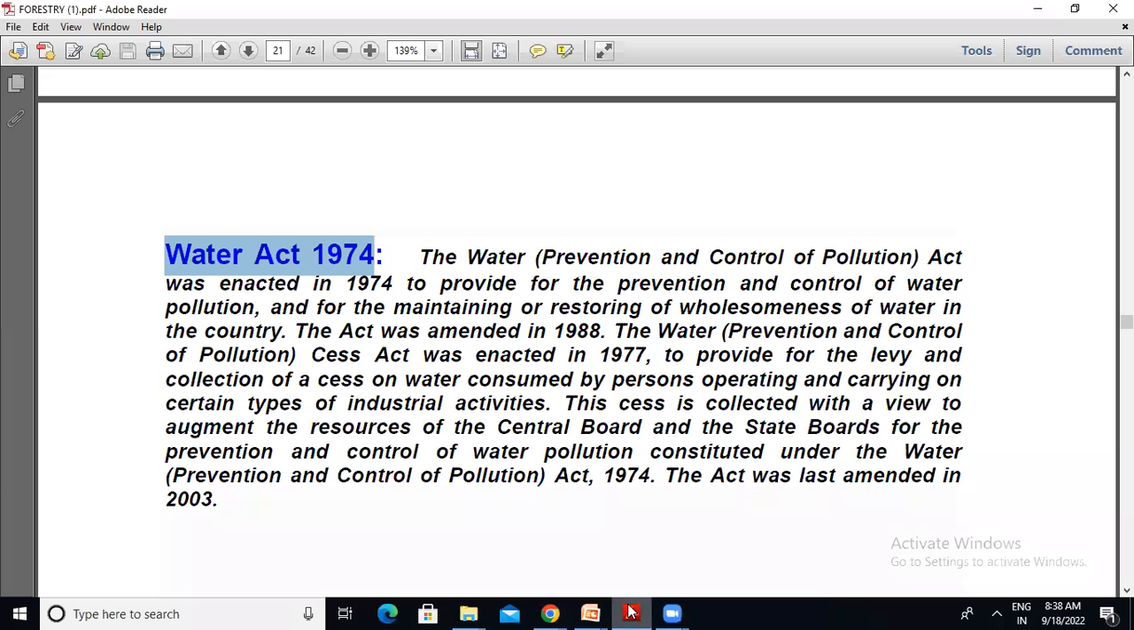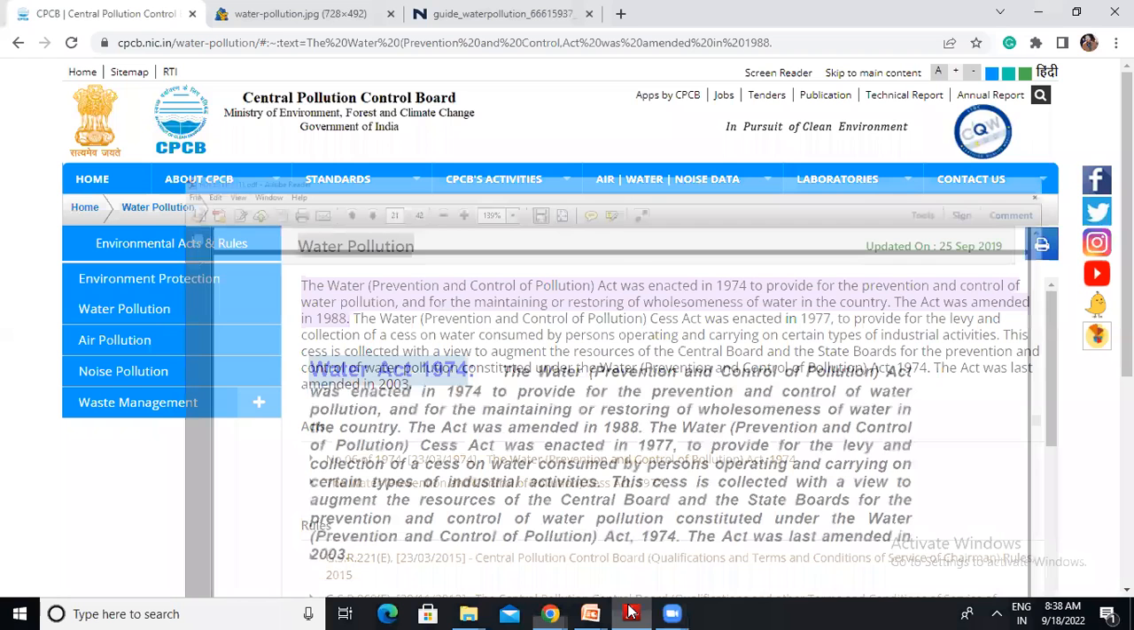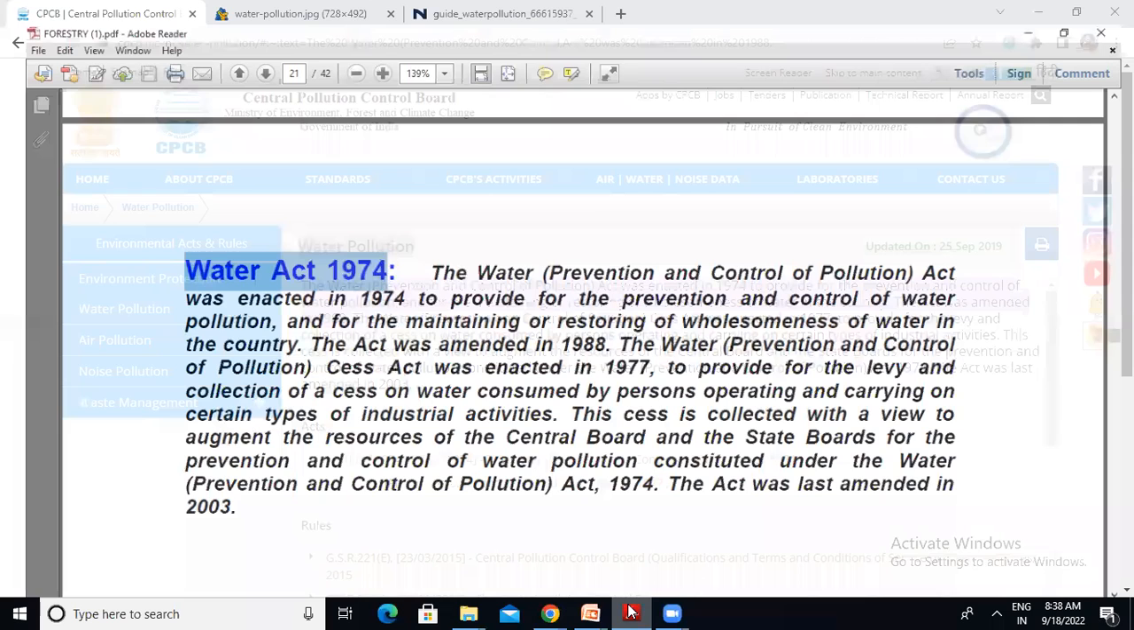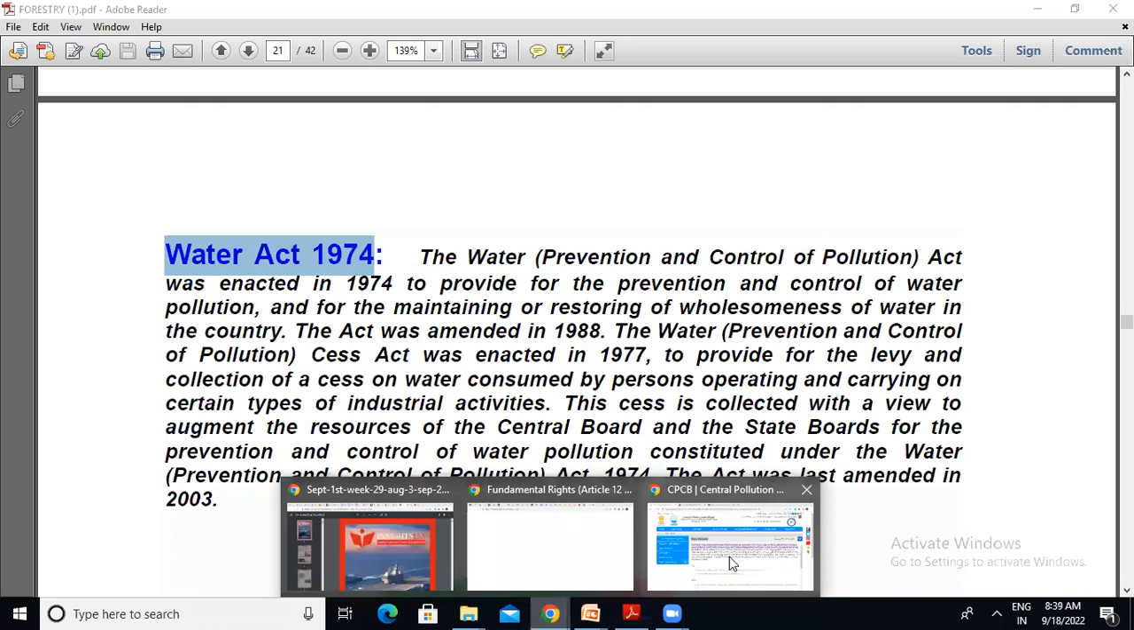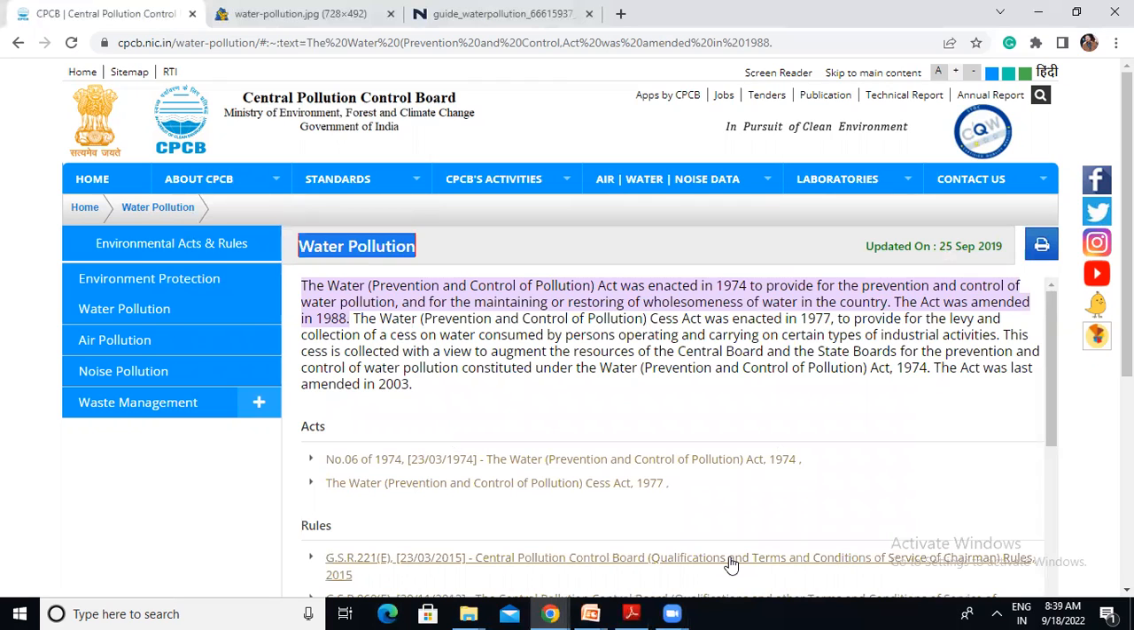The topic for discussion is the Water Act 1974. This act is also known as the Water Prevention and Control of Pollution Act. It was enacted in 1974 to provide for the prevention and control of water pollution and for maintaining or restoring the wholesomeness of water in the country. You will get information about this act on the NIC website also,